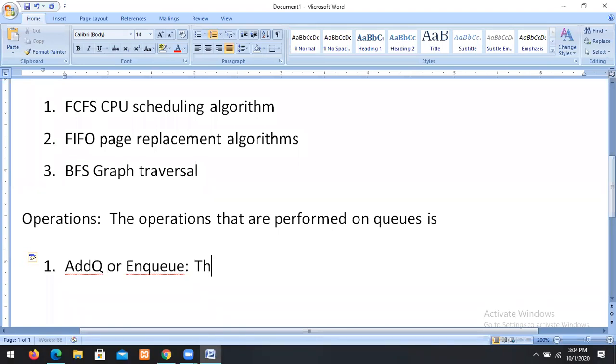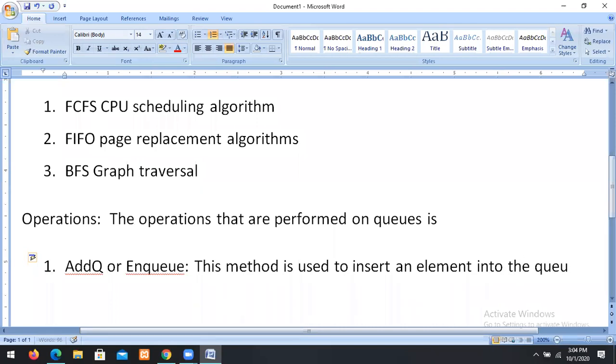This method is used to insert an element into the queue.